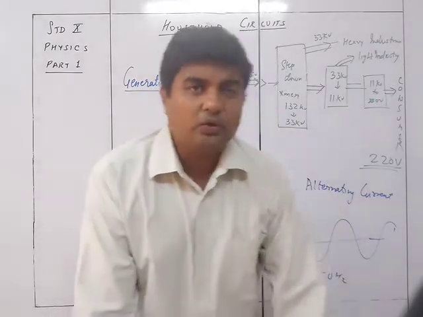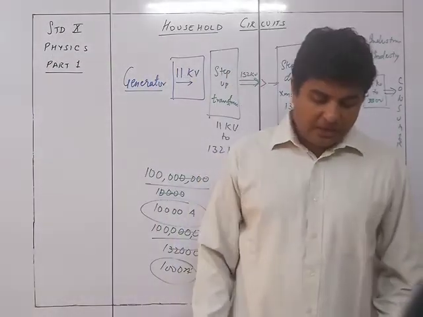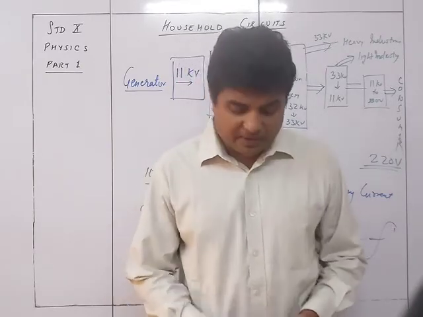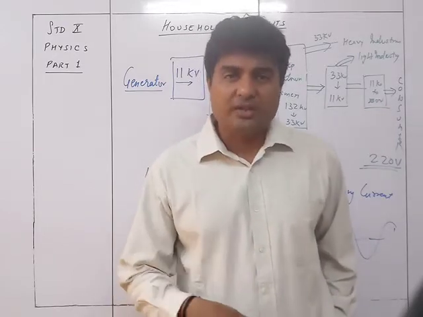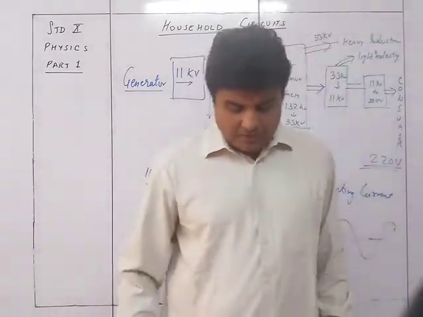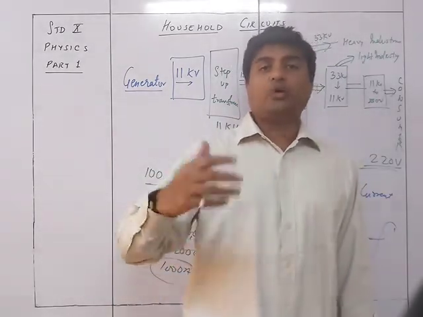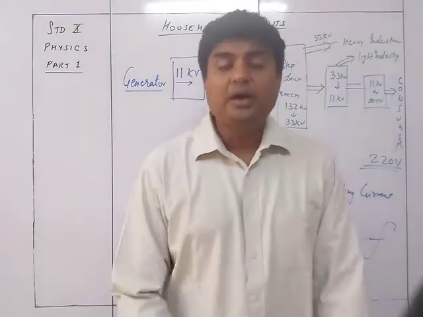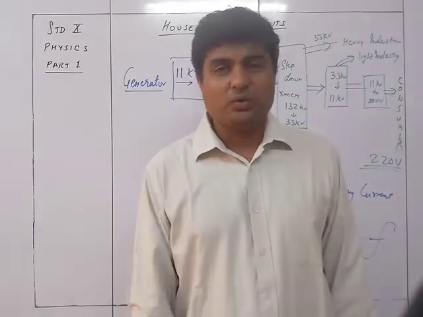So that is what I explained to you earlier, that the generating station will be 11 kV. Generating station से जाएगा सबसे पहले to the grid substation, where it is going to be converting the 11 kV to 132 kV. From there it goes to the main substation, which converts the 132 kV into 33 kV. From there it goes to the heavy industries as well as the intermediate substation. So intermediate substation में 33 kV to 11 kV. From there it goes to the light industry and to the city substation. At city substation, the 11 kV gets converted into 220 volts. From there it is transmitted to the consumer.